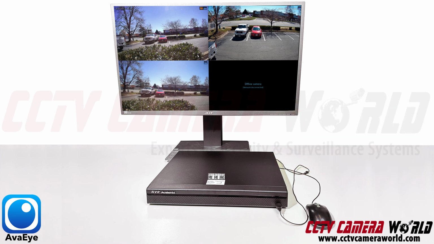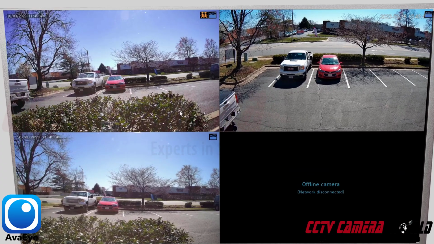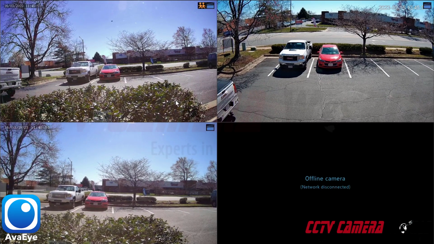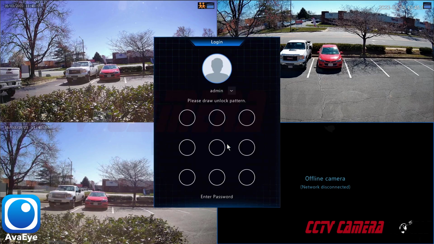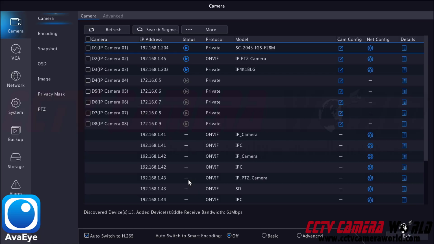The second way to find the P2P code that you need to scan into your app would be to use the mouse and monitor interface. So here I have my mouse and monitor connected to my NVR, and I'm in the interface on my TV or monitor. So I would first need to right-click, click Menu. I need to use the graphical user password. Again, these credentials can be found on the label on the top of your NVR next to the QR codes